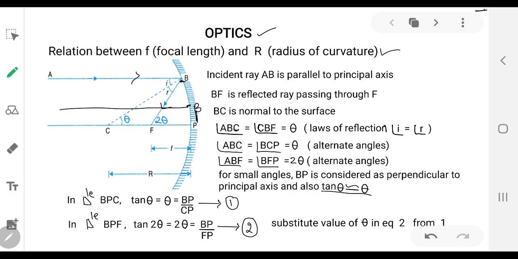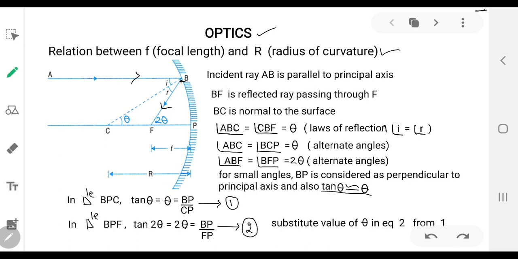If it is very close to P, it is almost considered a straight line, almost perpendicular to the principal axis, so that the angles BFP or BPF become a right angle triangle, as well as another angle BPC becomes a right angle triangle. For this we are making an approximation that the point B is considered very close to the point P,